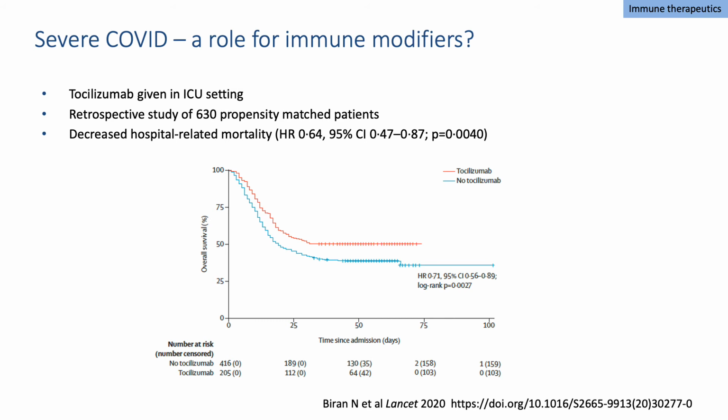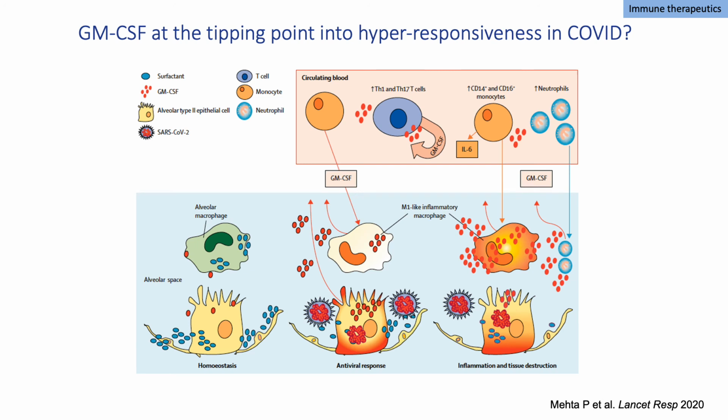I would, however, caution you here because we don't yet know whether this is the real story. Randomized controlled trials in which tocilizumab is being tested against placebo have not yet been shown to be positive, and I think we just need to watch this space. It may be we need to choose patients more carefully. It may be we need to time the administration of drugs more carefully. Let us watch this space carefully. Tocilizumab is an IL-6 receptor blocker.